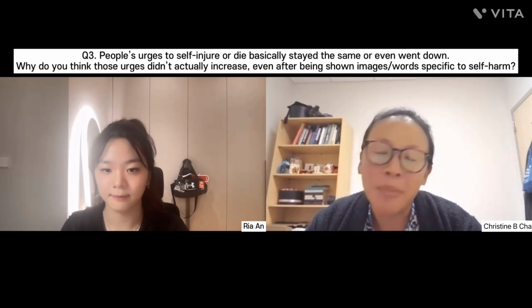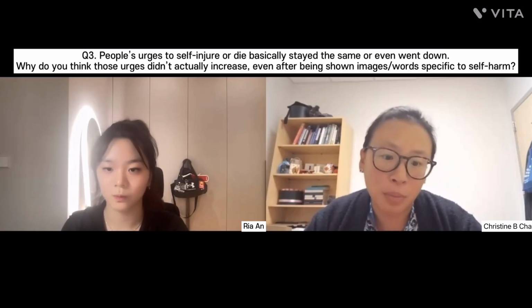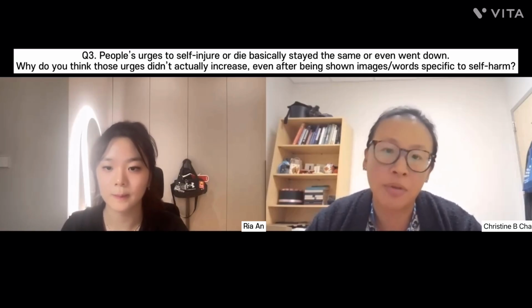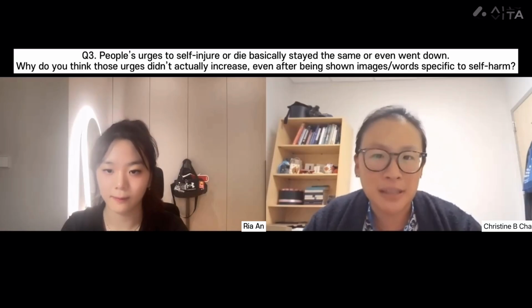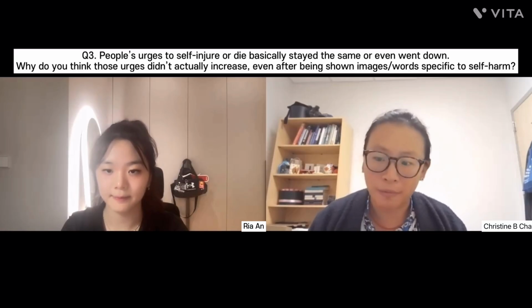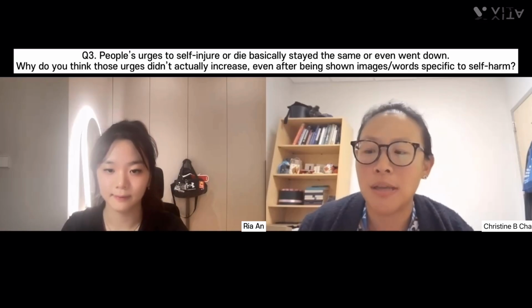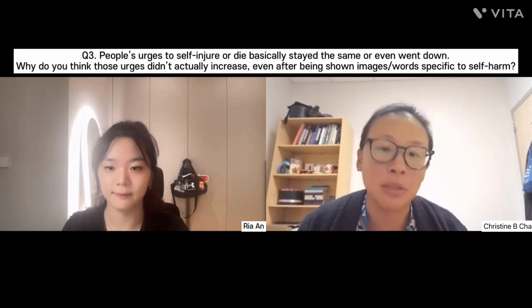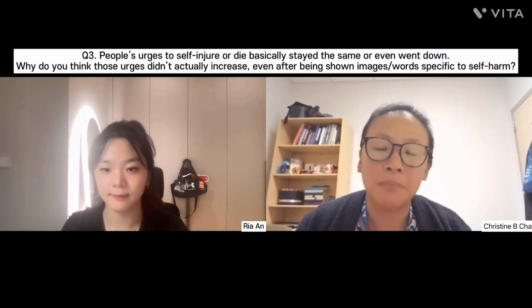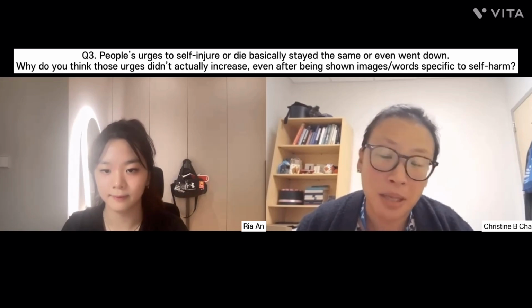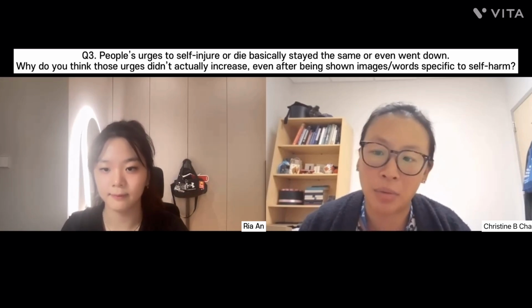And so that might be a part of it, that compared to what we typically are experiencing out in the world, we're being very specific about showing words or images tied to a very specific topic that sometimes is taboo, but it doesn't seem to be really changing anyone's desire or attitude towards these topics.